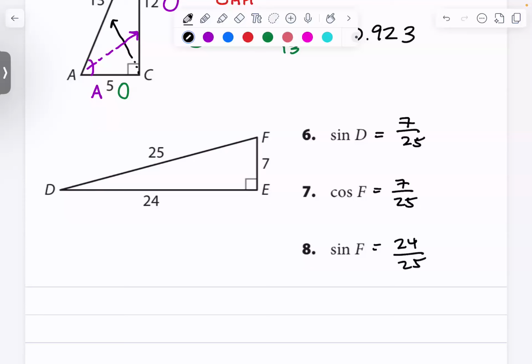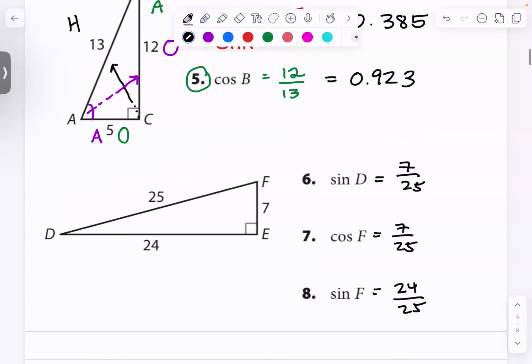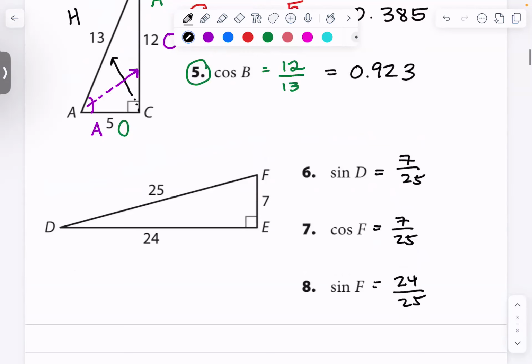Okay, here are the answers to 6, 7, and 8. Notice, class, that the sine of one angle is going to be the cosine of the other. I want to take some time to talk about number 6 and number 7. Notice that they are equal to each other, and they're equal to each other because if we label angle